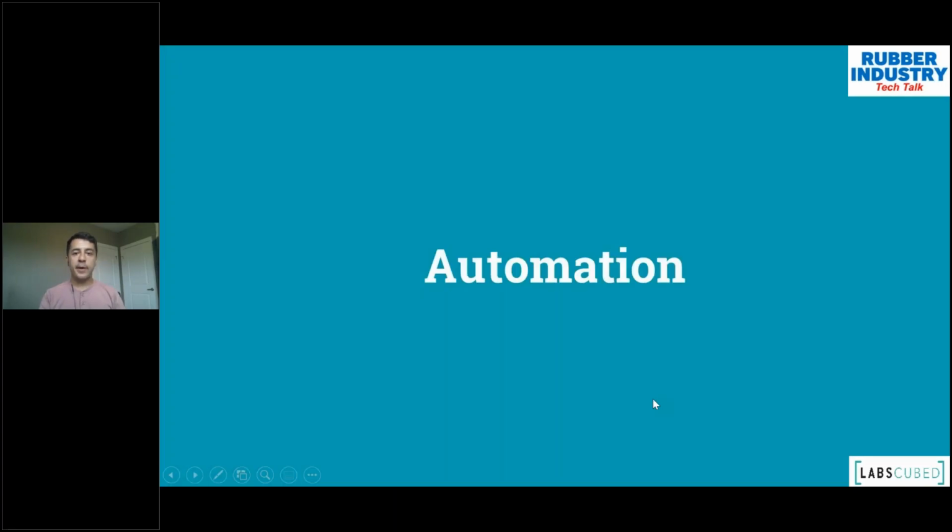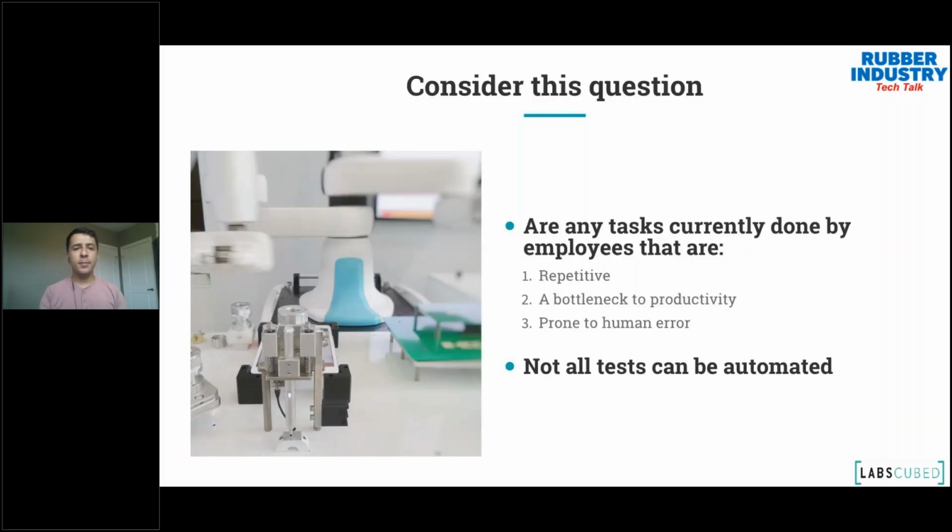So quickly about automation. I'm not going to talk about robotics and systems. I think we've all seen them. You'll see them in manufacturing. You see them everywhere. But the main thing I always ask people when they come to us to talk about automation in their labs is, do you have tasks that your employees are currently doing that are repetitive, that are a bottleneck, slowing things down, that have human error associated with them, that you have to retrain people? When you have to hire a new technician, it takes a really long time to train them to get really good data. If your answer is yes, then that's something you should be looking at automating in some way or another.